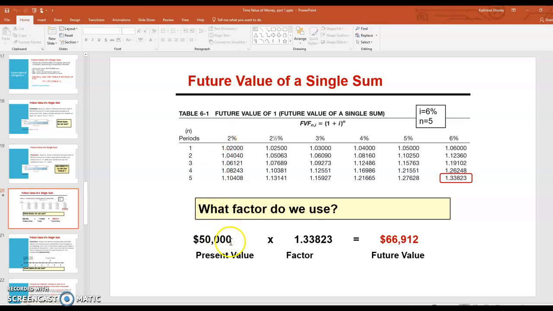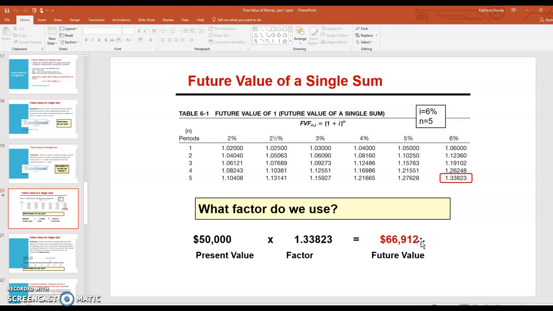So our PV is 50,000, and for table 1, we're going to look at the 6%, across the 5 periods, and that 1.33823 then is our table 1 factor. So we have PV times table 1 is our future value,